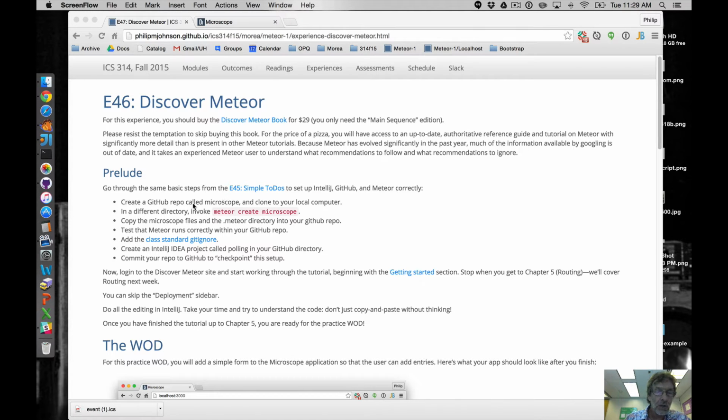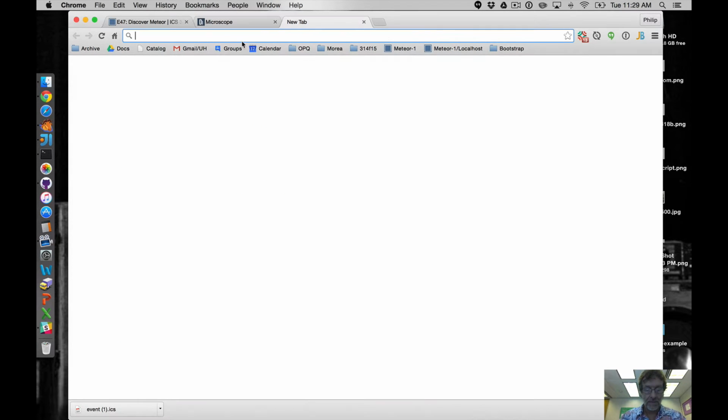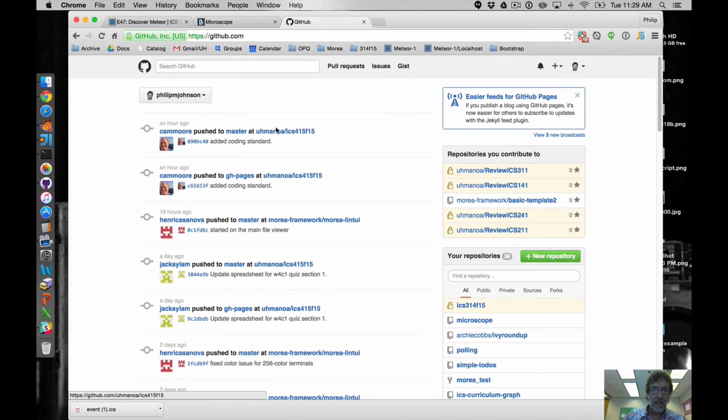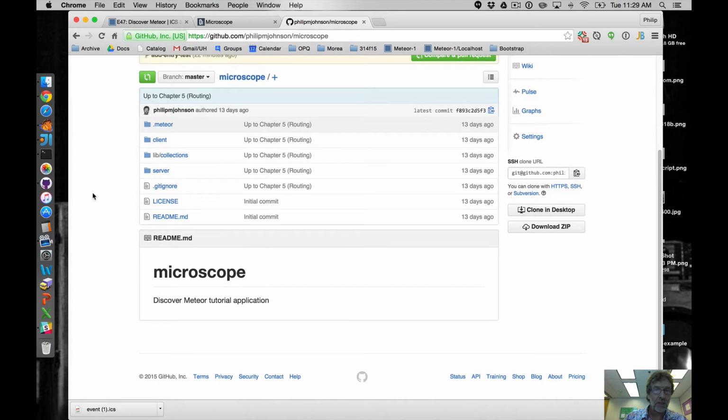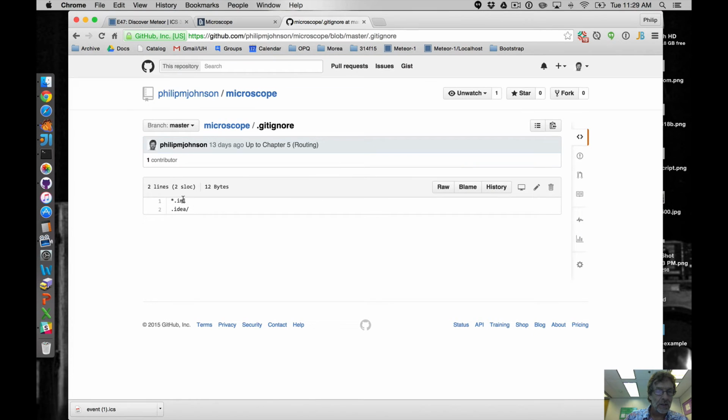You'll create a GitHub repo called Microscope. This is actually diverting a little bit from what's in the book, because at the end of the day, what I want you to have is a GitHub repo with the Microscope code in it. So if I go to GitHub and look here, what you see is the master branch, and it's got the Meteor subdirectory. We've got a client, lib collection server, a git ignore, right? The git ignore is going to ignore the